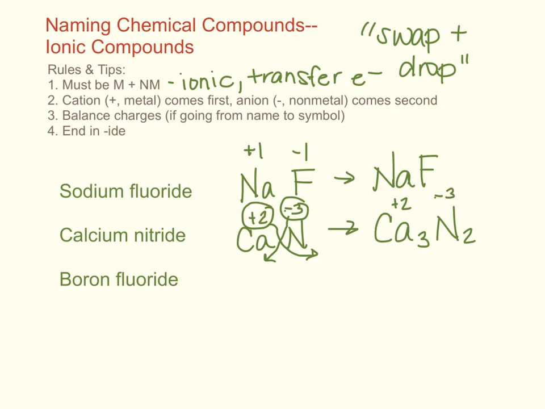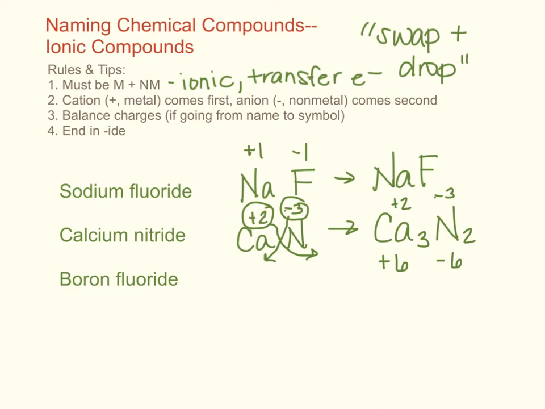So if I have 3 calciums, each with a +2 charge, I have an overall +6 charge. And if I have 2 nitrogens, each with a -3 charge, I have an overall -6 charge. So I have a +6 and a -6, so this is now neutrally charged with my 3 calciums and my 2